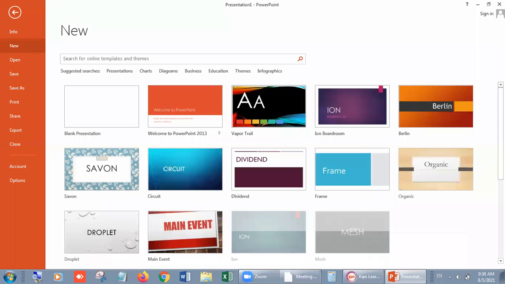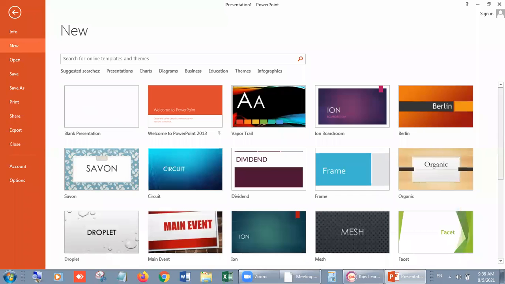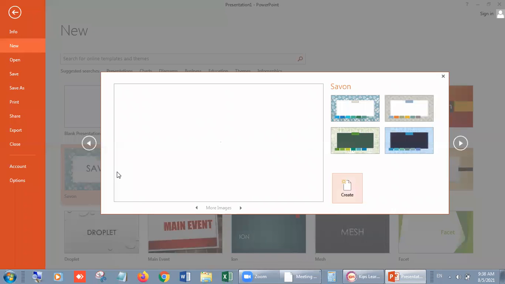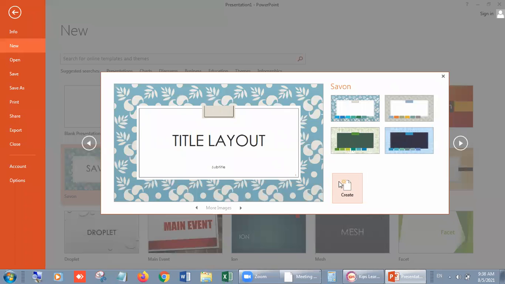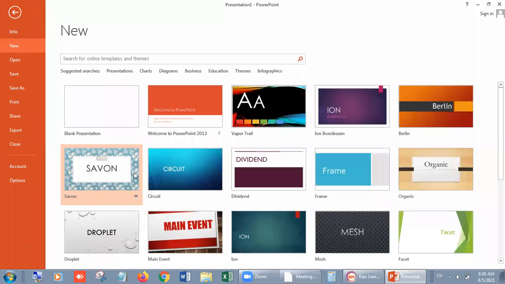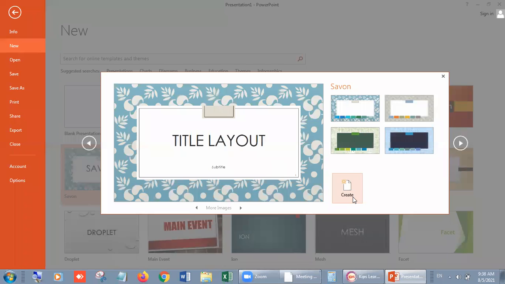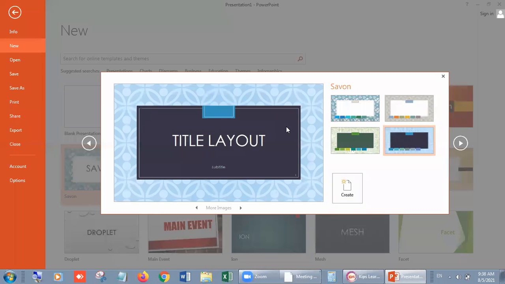Suppose you like this option, right? You can click on it and it will show you, and after that you have to click on the Create button. I am repeating, please see it very carefully. Choose your option and click Create. You can choose any design of it, because the style is this and we have 4 color schemes for it. Suppose I choose this one. Okay, and click on the Create button.